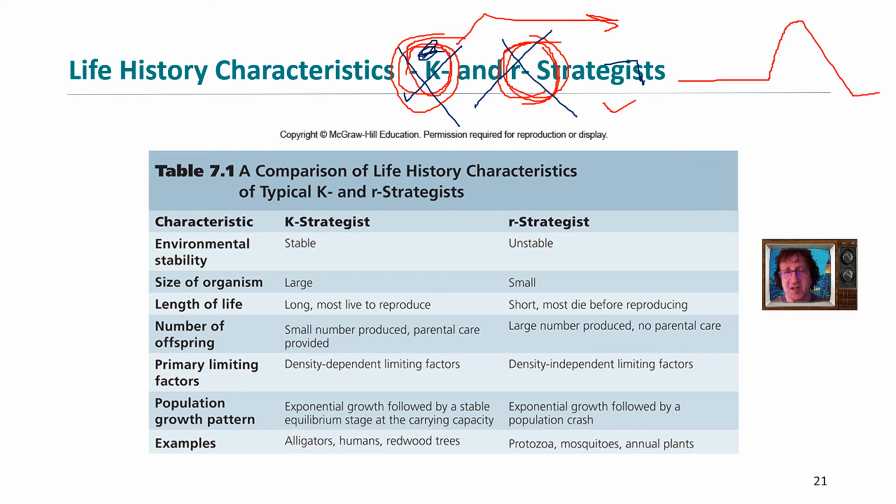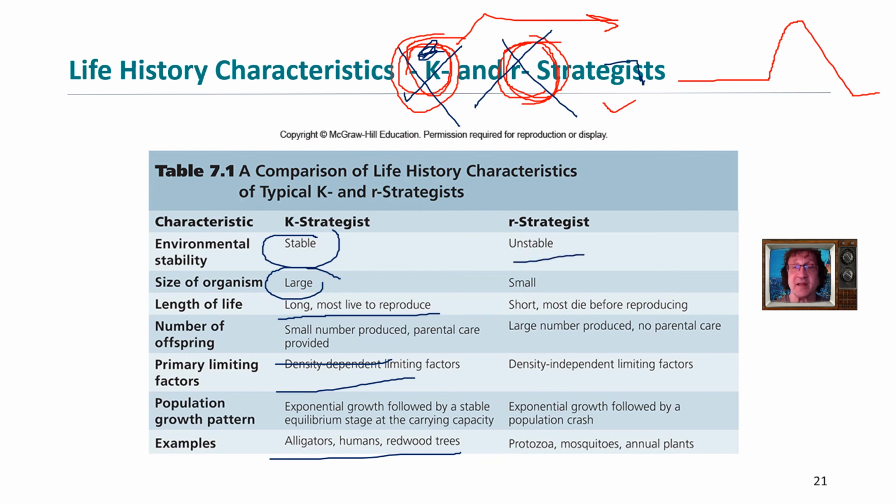I have case studies on this, but you'd rather not do the math on these, because you're looking at each individual and its strategy and trying to figure out who is more susceptible to dying and extinction within an environment. So K strategists tend to like stable environments. The organism is usually large, will learn. They usually have a type 1 survivorship curve, so their length of life is very long, and they live particularly to the point of reproducing. They have a small number of offspring. Don't worry about primary limiting factors. We'll cover these a little later. Okay, and here are some examples.